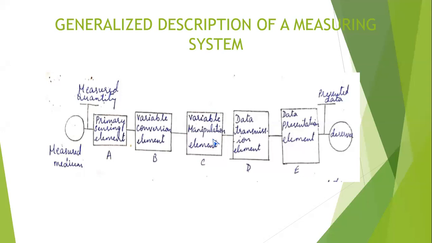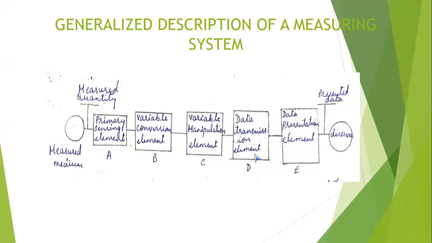In the variable manipulation element, the output coming from the variable conversion element is the input, and the analogous signal is converted into a voltage signal. That voltage signal is amplified, rectified, and filtered, and fed to the